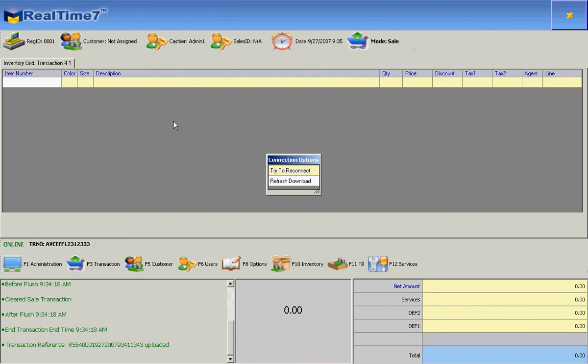To exit the system, press escape. Would you like to exit? Yes. Thank you very much for